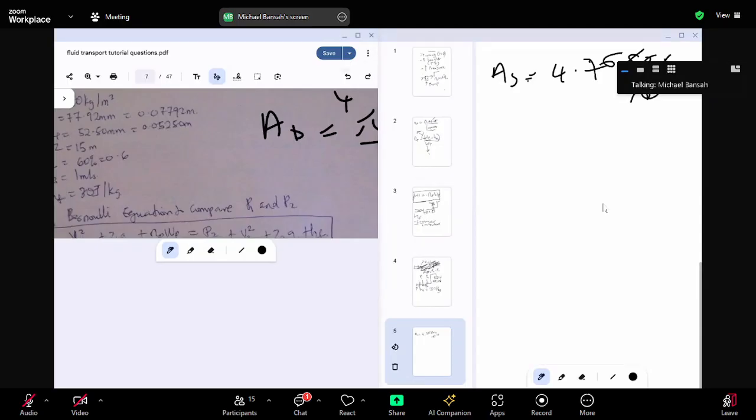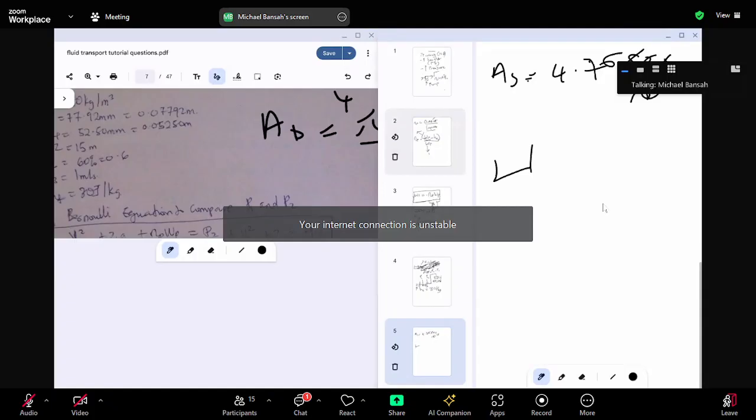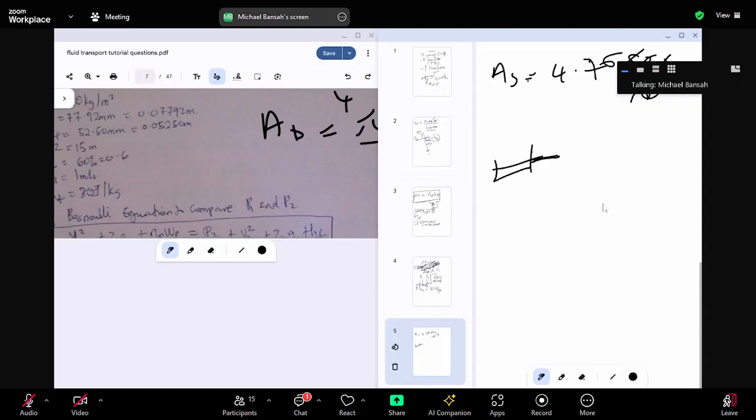I'm coming. There are certain situations where your fluid is pumped probably to an underground tank. In such a situation, my reference point is here. In that situation, my change in Z